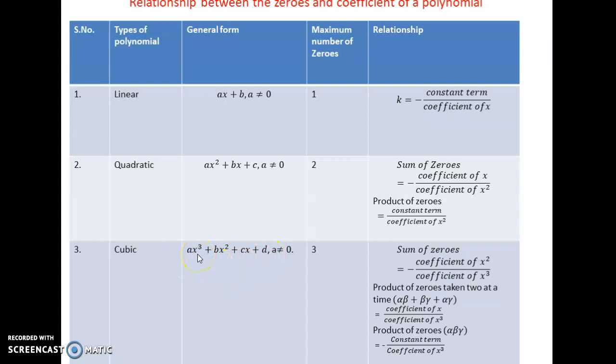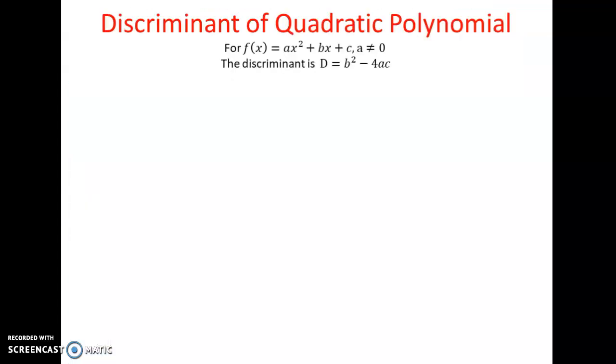Similarly, consider an equation which contains the highest power as 4. What will be the general form? The general form will be ax to the power 4 plus bx cube plus cx square plus dx plus e. So what are the possibilities for x there? It is 4. What we can do is sum them, take the pairwise product, and lastly take the product. Similarly, we can follow this pattern and find the relationship between the zeros and the numerical coefficients.